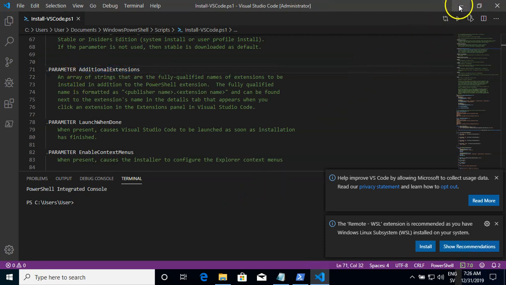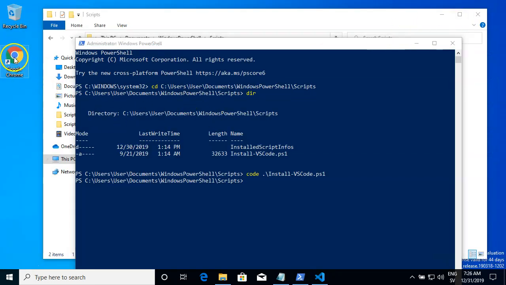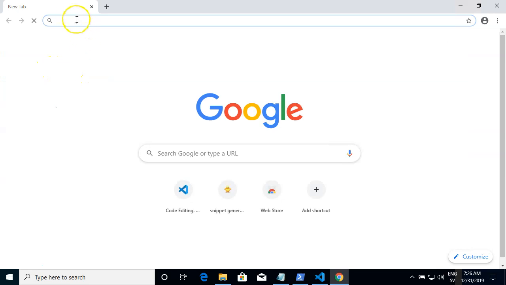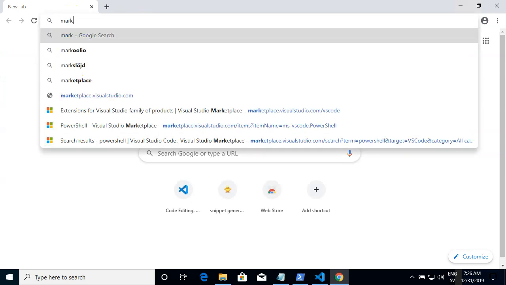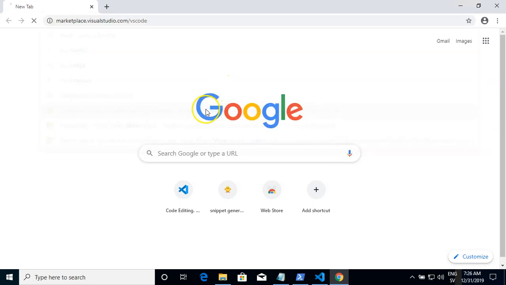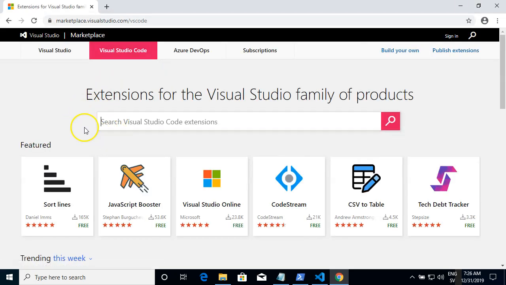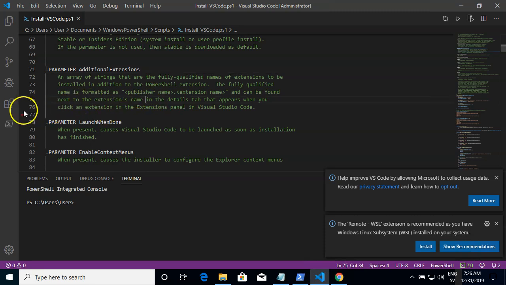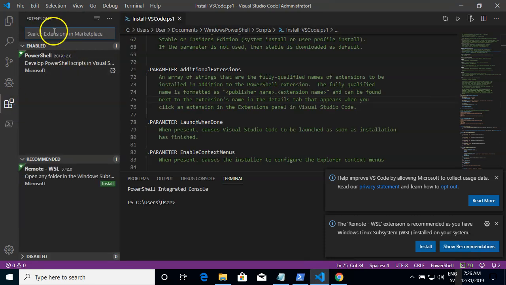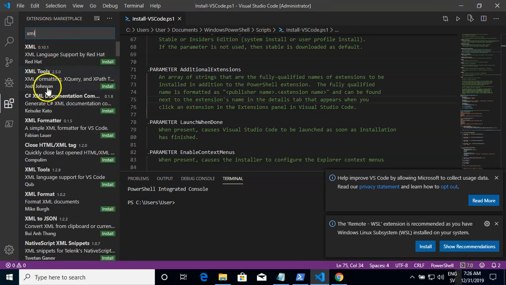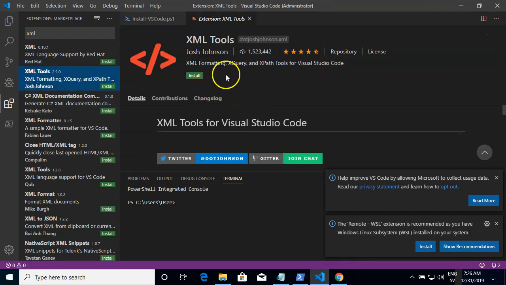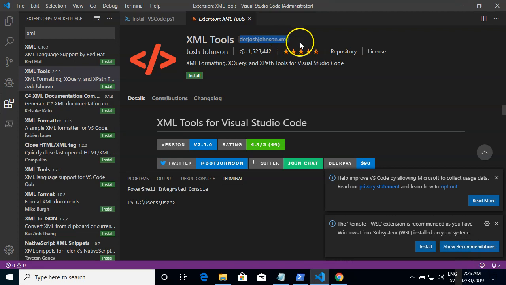To find the extension name, we go to Visual Studio Code. It's easier. We go to extension marketplace. If you want the XML, we just type XML tools, and here we have the extension name. So you can use that one with the script